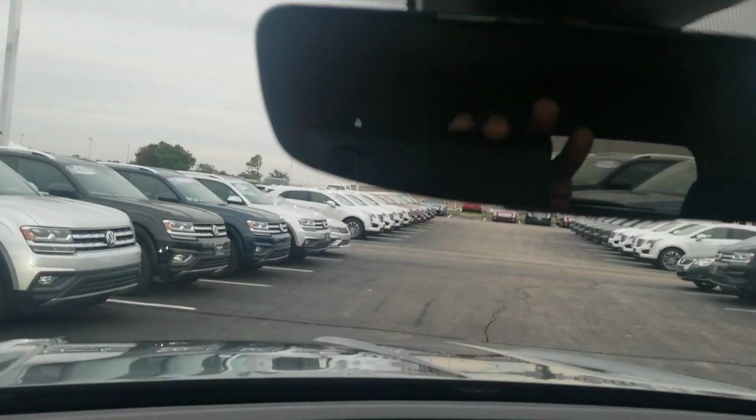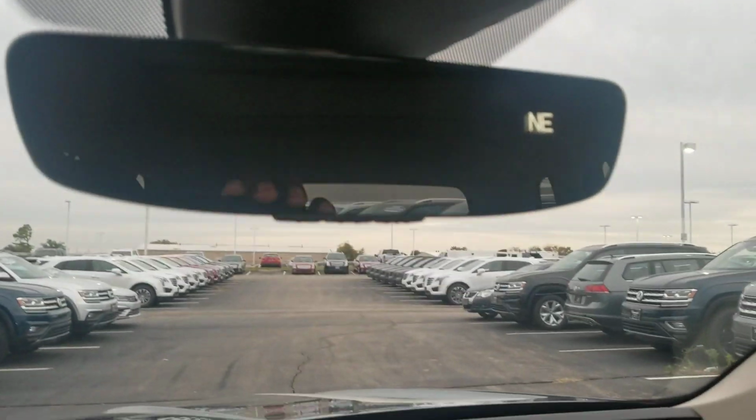Now, as for the car, more storage right here. Wood grain interior across the dash and into the doors on both sides. This particular model does have an edgeless mirror with a compass and the 3-door garage door memory, the HomeLink system right here. Up here, vanity mirror on each side with lights. There you go. Also, a power sunshade for the panoramic sunroof, and of course the panoramic